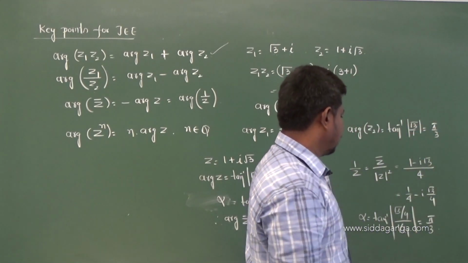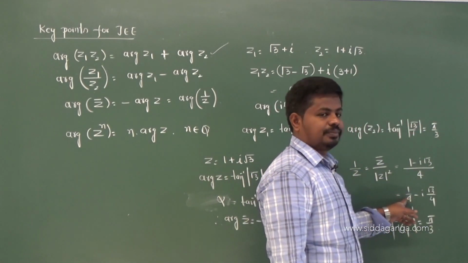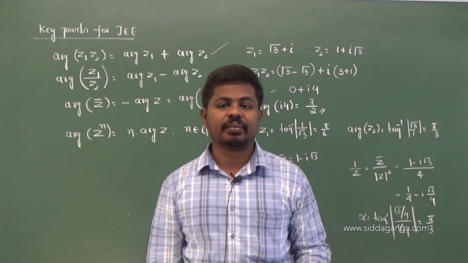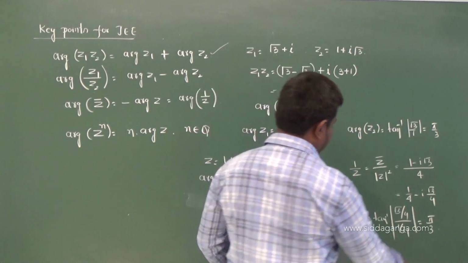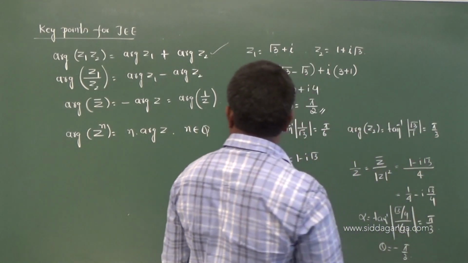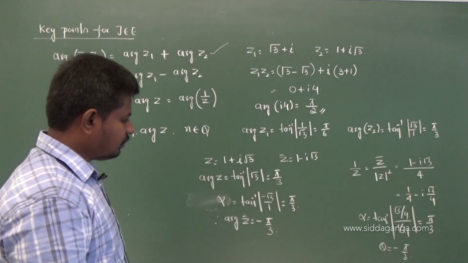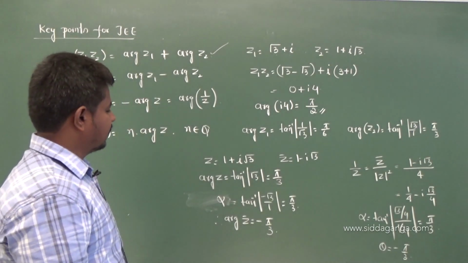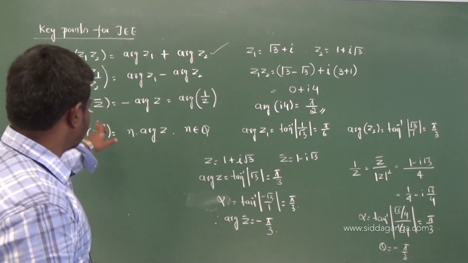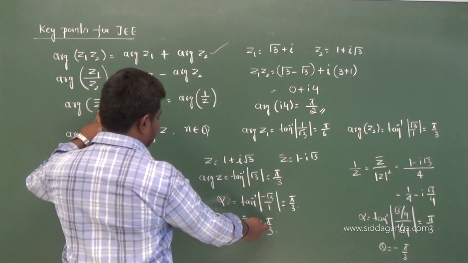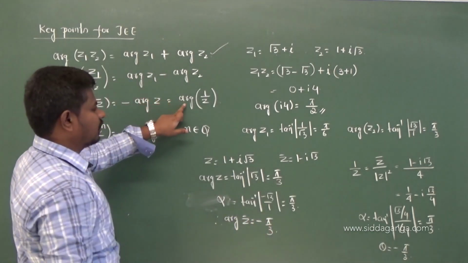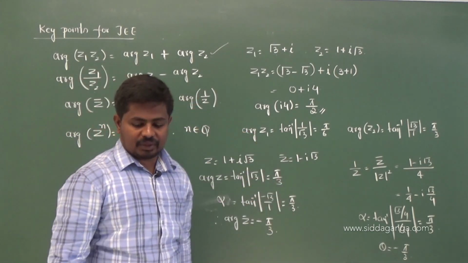But students, this complex number corresponds to the point (1/4, -3√3/4), again in the fourth quadrant. So the argument becomes negative. Argument of 1/z is -π/3. Yes, argument of z̄ is -π/3, minus argument of z, that is, minus argument of z is π/3, which equals argument of 1/z, that is -π/3. So it is the most important result.